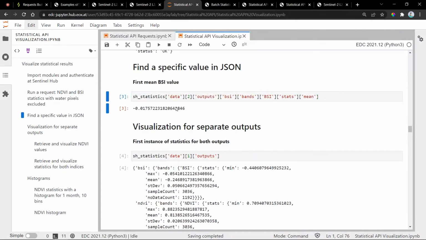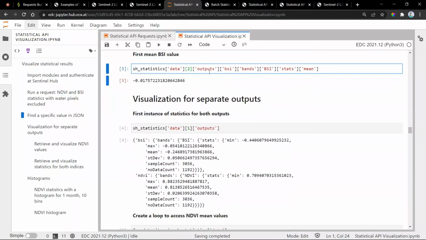In this case, the barren soil mean statistical value, but because we have several intervals, you can here specify which one you want. So this is the third one. We can also specify the first one or any one. You can end this search anywhere. You can end it at outputs, and then you will just get the content of everything that is in outputs